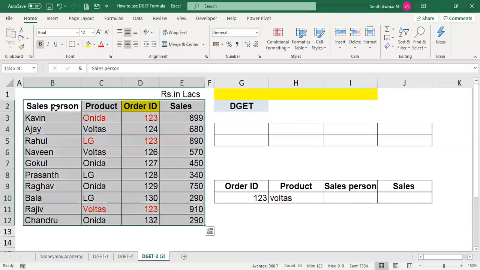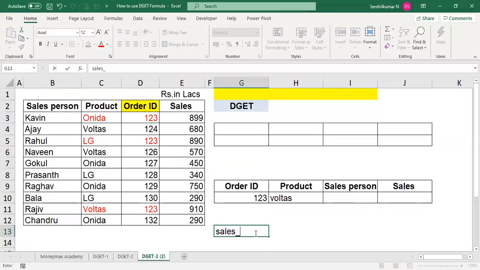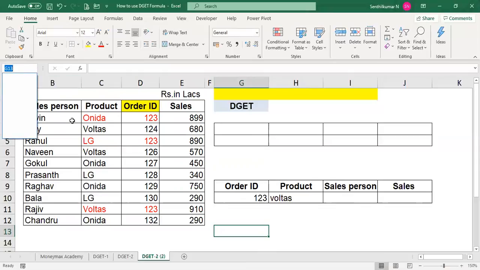You have to select the data, go to here, and you can change the name to sales_data. Now you can use the name sales_data. Suppose you type sales_data here, automatically the table is selected. You can select here. Wait 2 seconds.